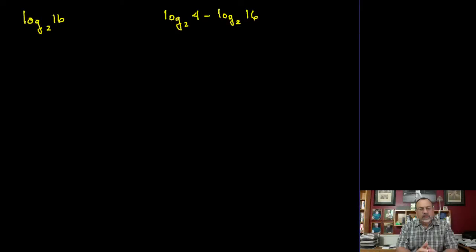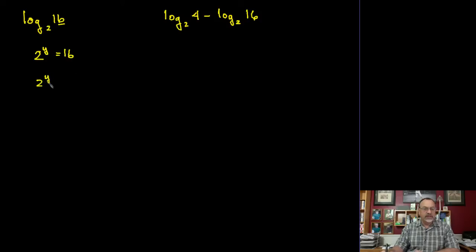Chapter 8, Lesson 4 of Advanced Algebra, and I want to combine now some of the things we've learned from the last two lessons to solve an expression like this. We learned from the last lesson that when we're asked to evaluate a logarithmic expression like this, we do its inverse function, meaning we change it to its exponential. So remember, this means what is the exponent of 2 that will give me this value here of 16,